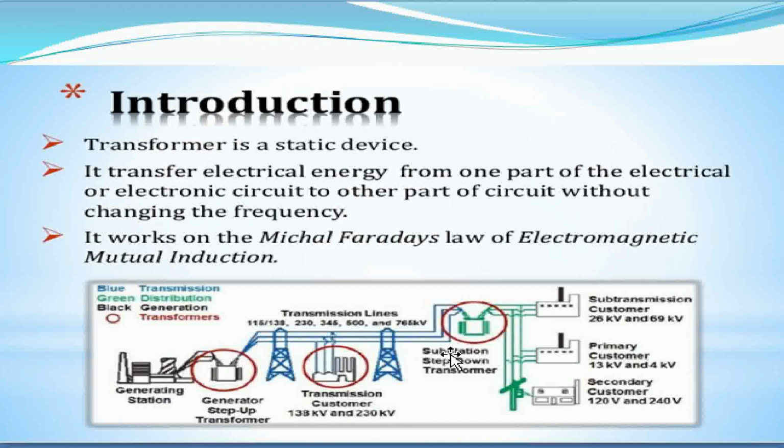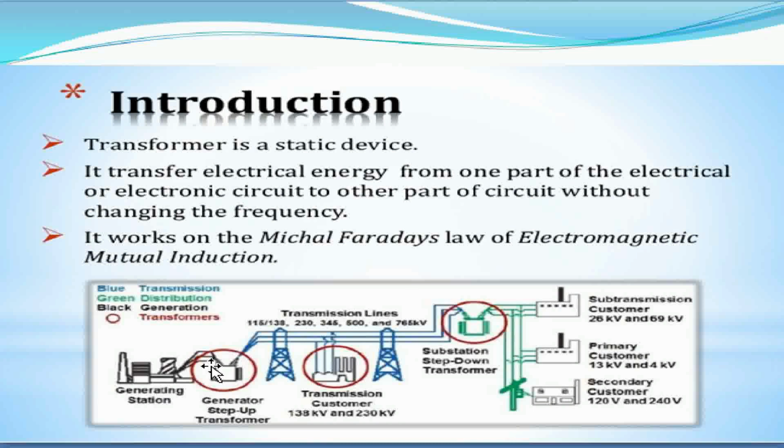So this is your substation step down transformer. The green section indicates the distribution. At the distribution section we use a step down transformer. Whatever voltages are obtained through the transmission lines, before delivering to the customer or to the utilization section, are stepped down. The step down is done with the step down transformer. At the substation the step down transformer is used to decrease the level of voltage. So this picture gives you a clear idea.